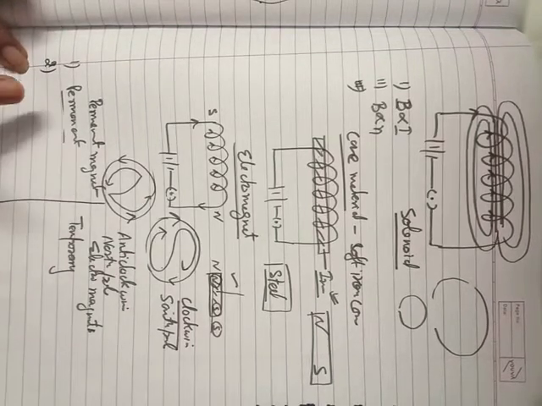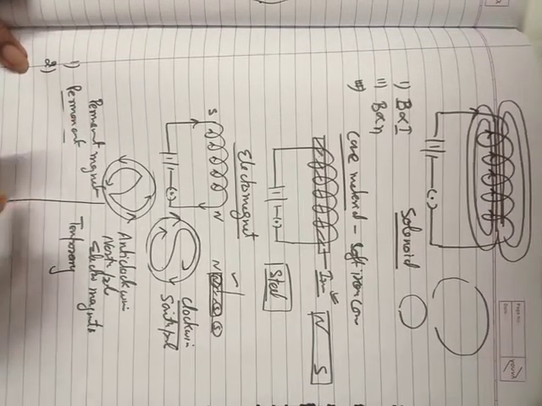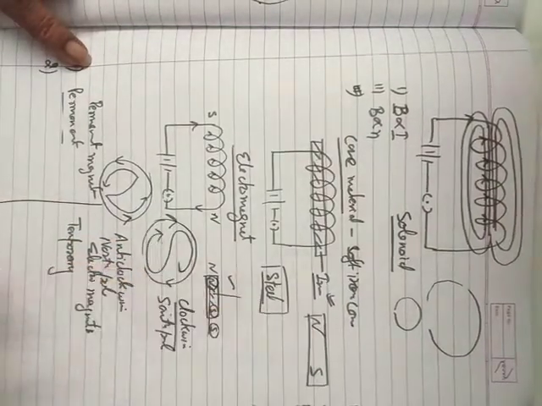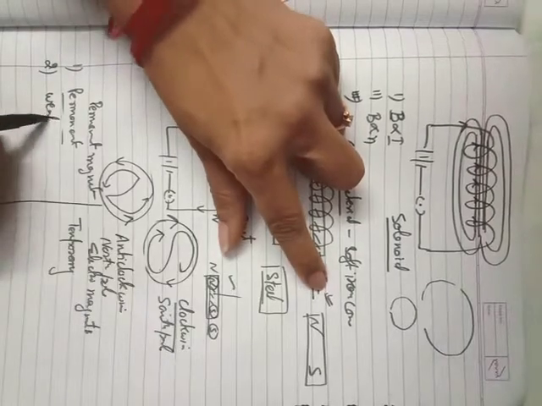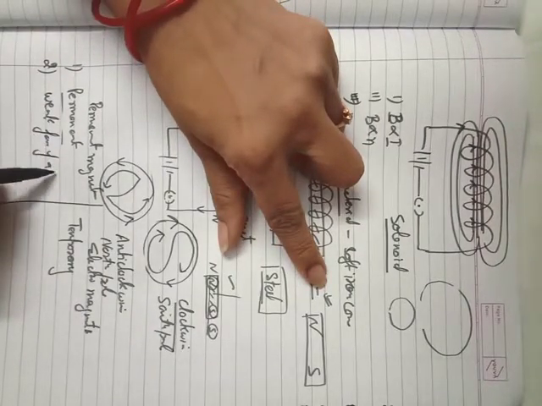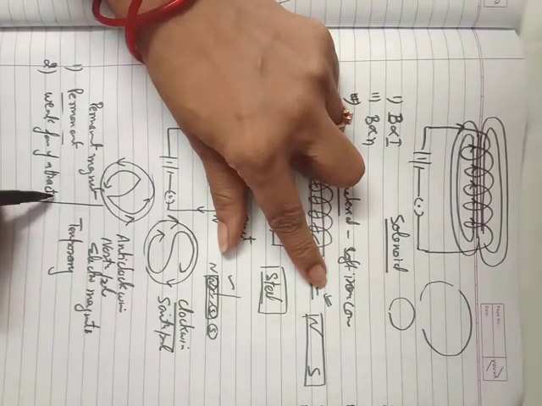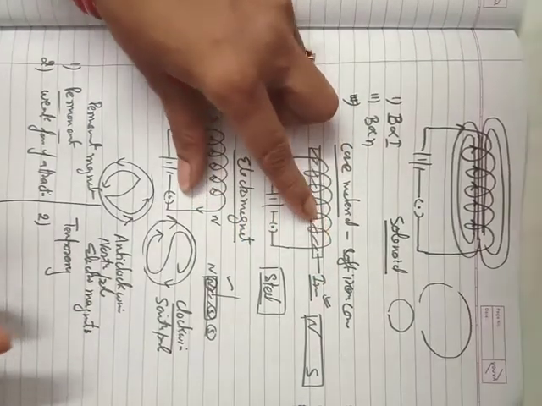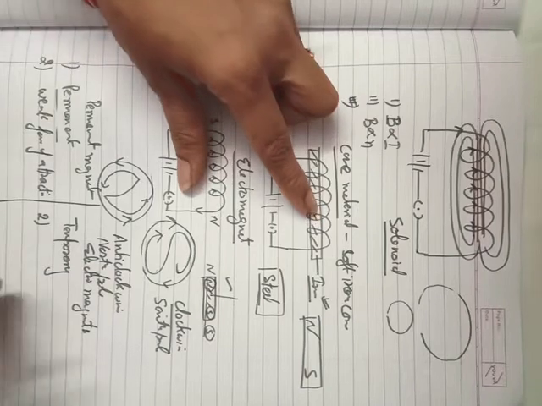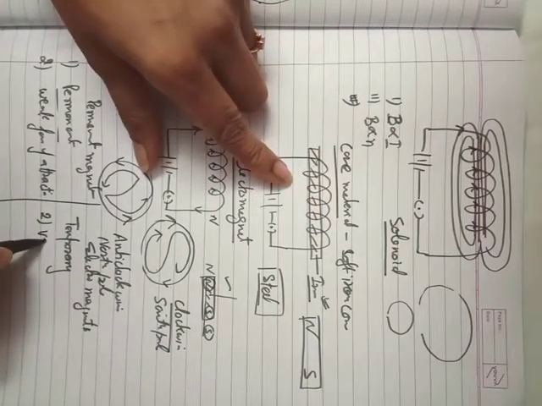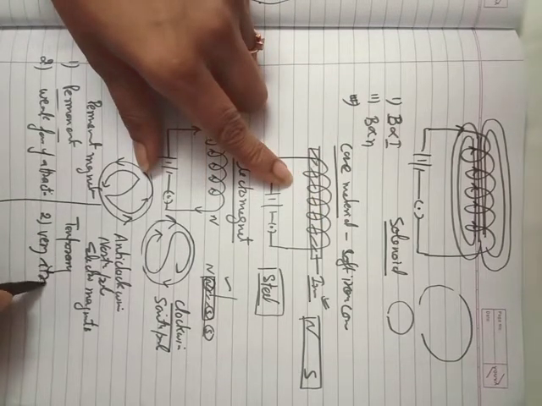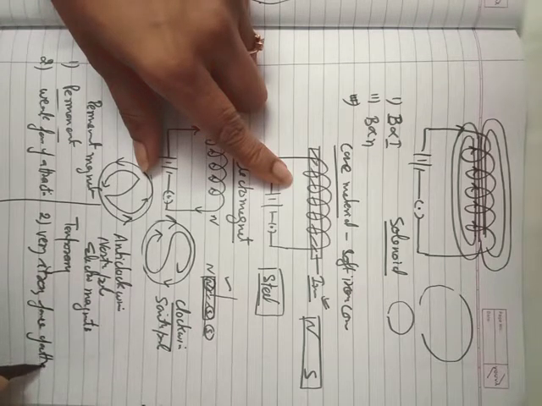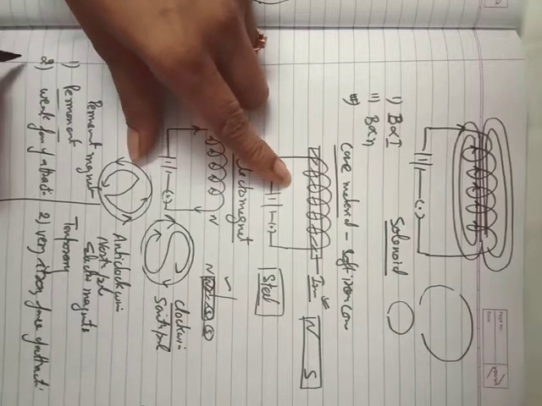Second one, this permanent magnet produces a weak force of attraction. And this electromagnet produces a very strong force of attraction. Okay. Third point,